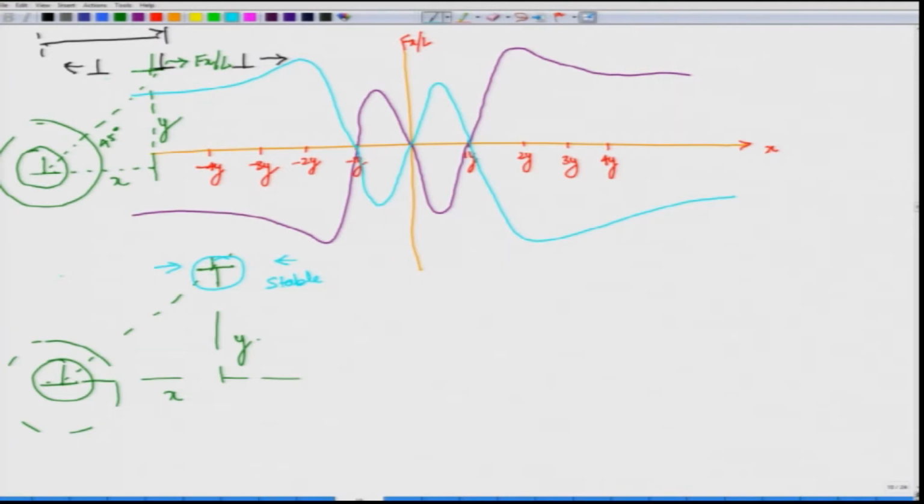On the other hand, a pair like this, where the two dislocations are of the same sign, tend to align. So in this particular case, what you will get are dislocations aligned like this, because the forces are acting in that direction. In this other case, if the dislocations are of opposite sign and alternating, then they will form at a 45 degree angle, and this will be the stable configuration.